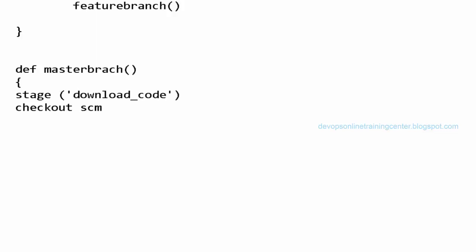So in the job, while creating the job, we give the URL. So it will just check out that, and whatever is there in that repository, it will download. So all the branches' code will be downloaded to the workspace, and it detects automatically. Even if there are 10 branches, it will build all 10 branches. And when there is a change in any of the branches, it will automatically create the job for that particular branch, right?